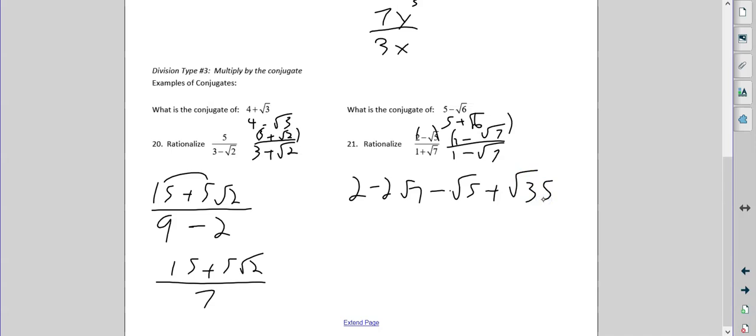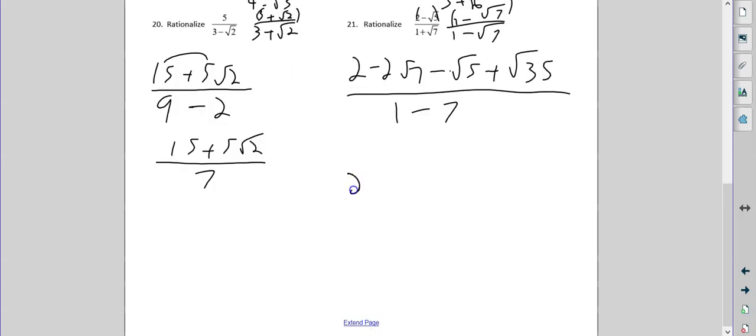And notice nothing up there will combine. Okay? They're all different radicals. Can't combine them. It's kind of ugly, but that is how it is. On the bottom, we just do 1 times 1. A minus always, and then the radical disappears, we get 7. So the only thing we need to do here is write this again, 2 minus 2 radical 7, minus radical 5, plus radical 35, which does not simplify,